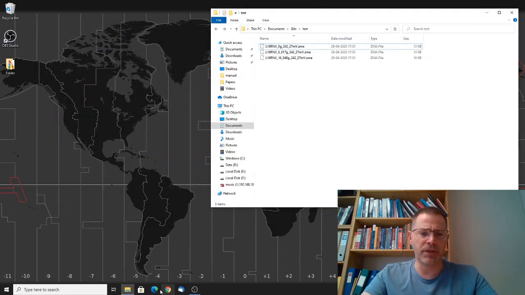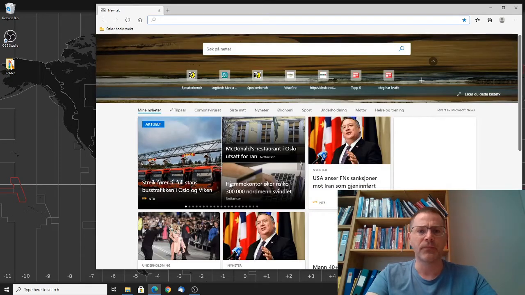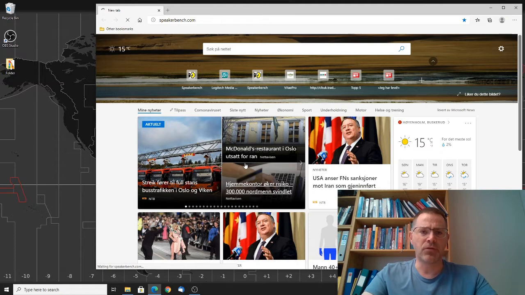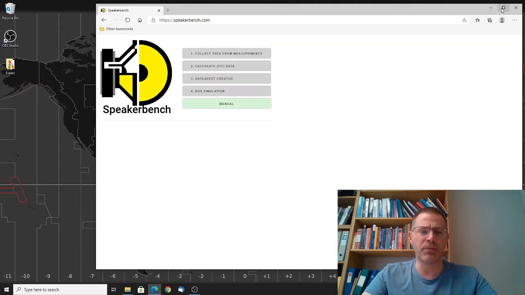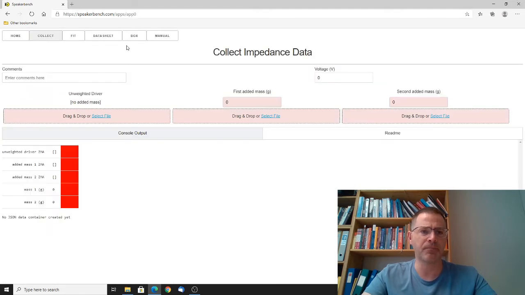And so to load Speakerbench, we just pick a browser. In this case, it's the Microsoft Edge browser, but it could be any browser. It could actually also be a browser on your phone if you like. And here we have the application, and right here we would like to show you how to use the first one, collect data. And we can see now that we open up here with the home directory,